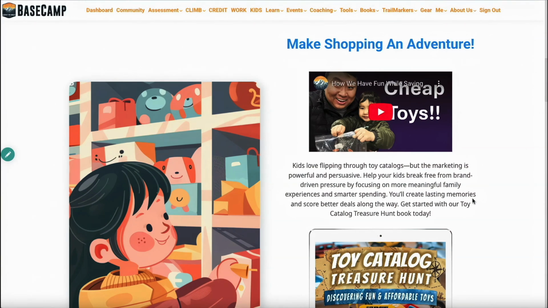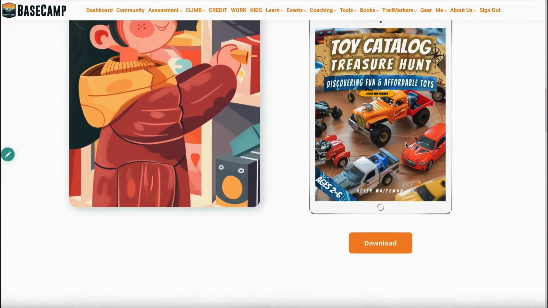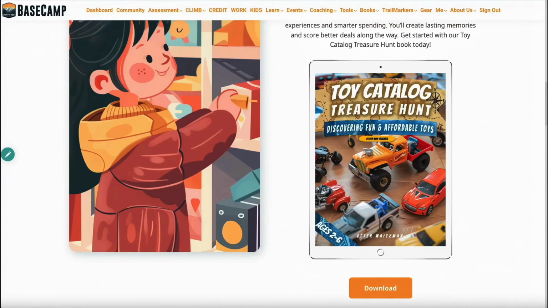And I show in the videos what we get for literally $1 or $2, and it's pretty amazing. My son has a lot of toys, and now he finds it exciting. He talks about doing a treasure hunt. It saves me a lot of money. It starts helping kids realize that it doesn't matter how much you spend, it's the experience and the value you get from it. So you can obviously download this as an ebook, but you can also order it as a